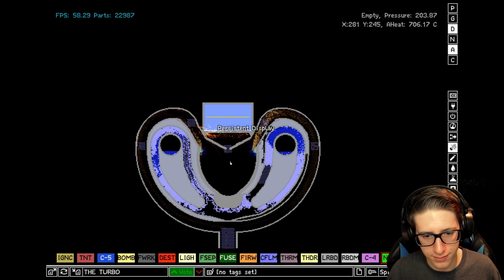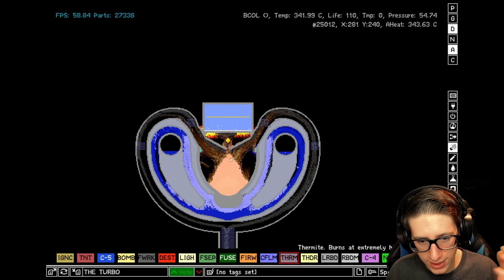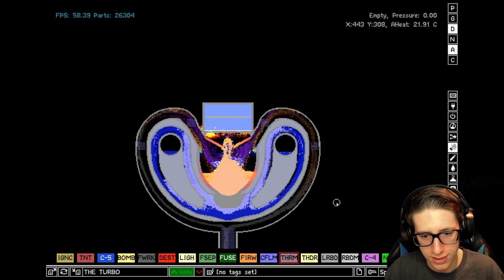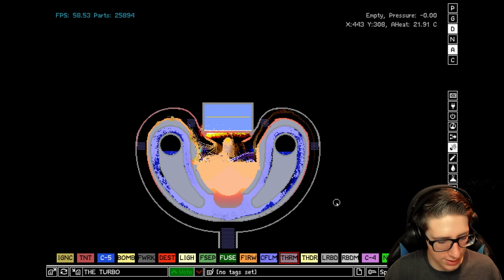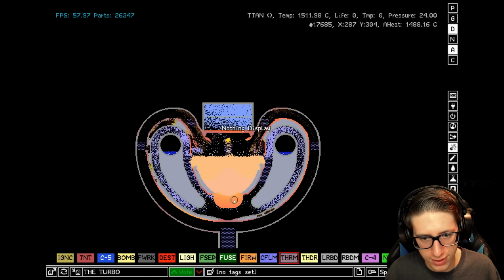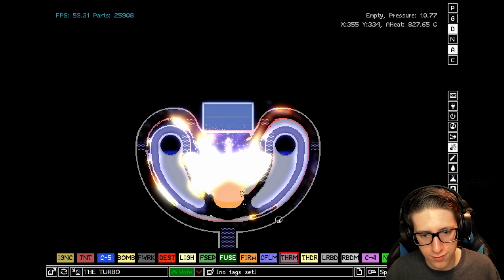Alright. What's next? We can go ahead and try putting thermite in it. I already know what's going to happen. Just putting a little bit of thermite in. That was just a tiny bit of thermite. And we can see the results rather quickly. You see the heat gradient there, how everything's going insane. And the temperatures have now reached...